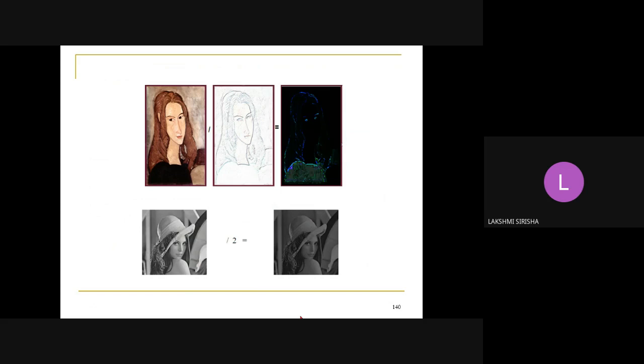And any image divided by 2 means every pixel value in the given image is divided by the constant value 2. So by 2 means what happened? Every pixel value decreases. We get half of the value, because by 2. Half of the value means the original pixel values decrease after division. That means the output of division looks like a dark image. All the pixel values are very near to the 0 side, right? So this is called division.